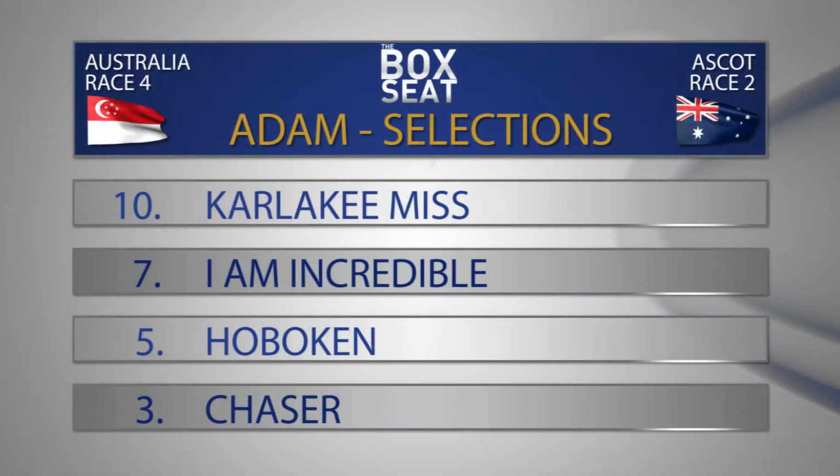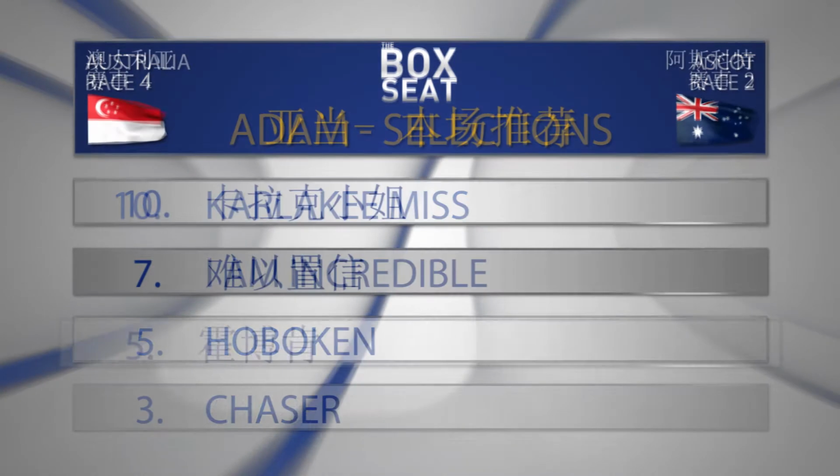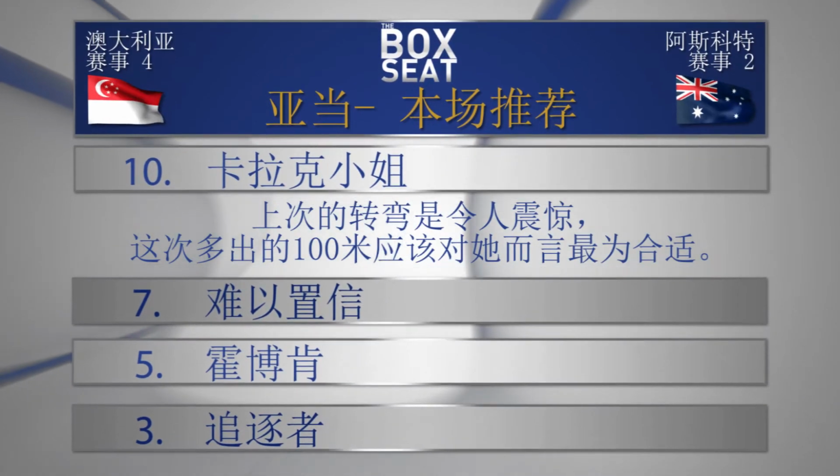She's got some nice form lines around Invincible Warrior, Miss Someday as well. And I think the 1100 metres will certainly suit. She's drawn nicely in barrier 2, carries just the 54.5 kilos, and she should be attacking the line strongly. I think it's probably a race between those two, Mark, and I'll be going with Karlaki Miss, which has